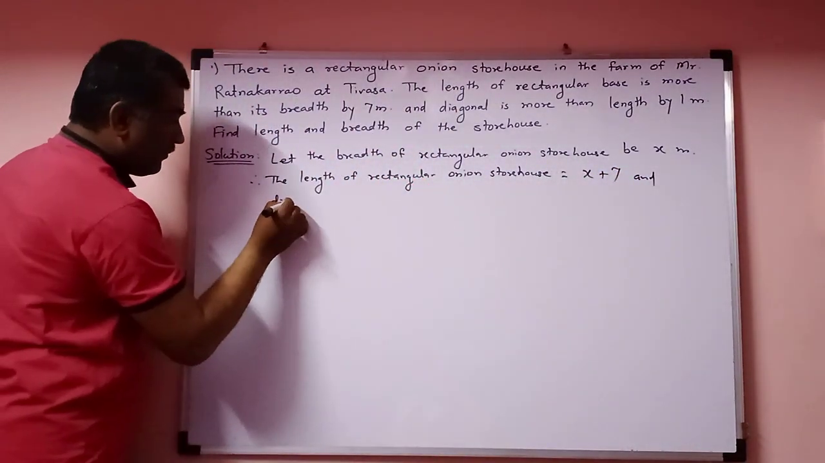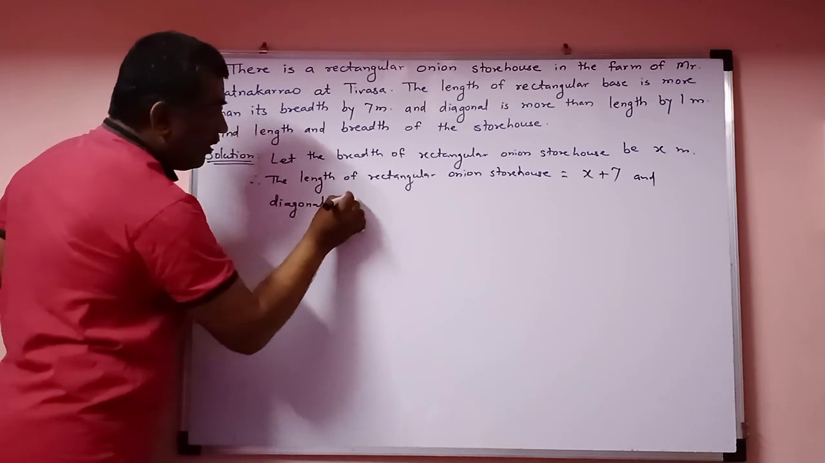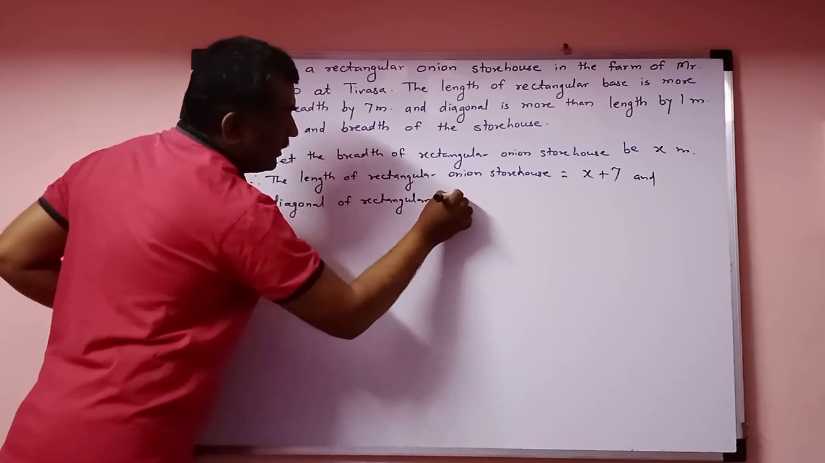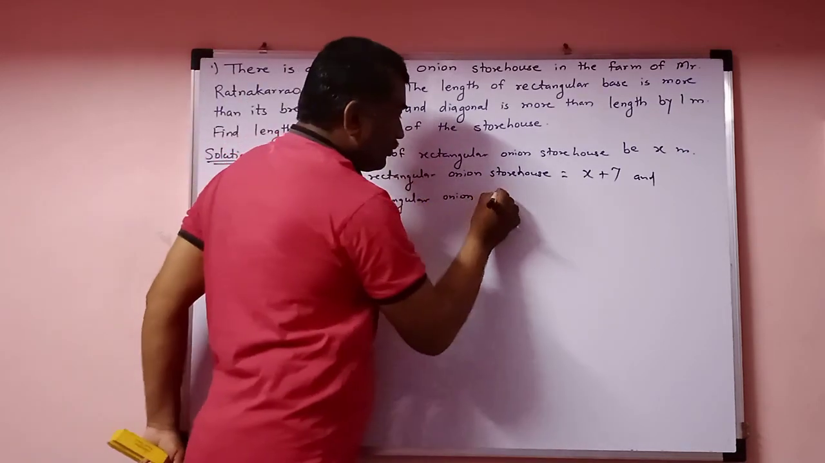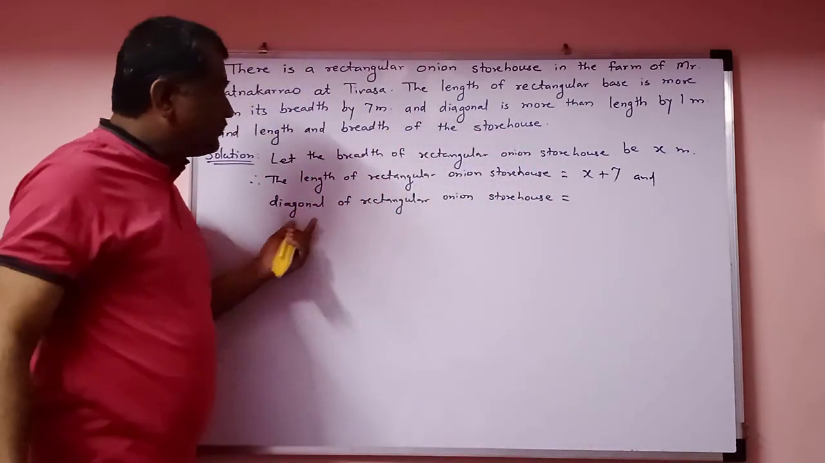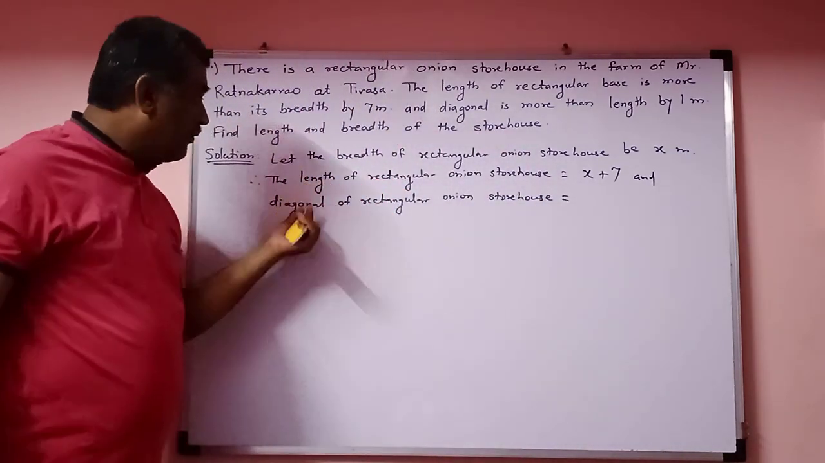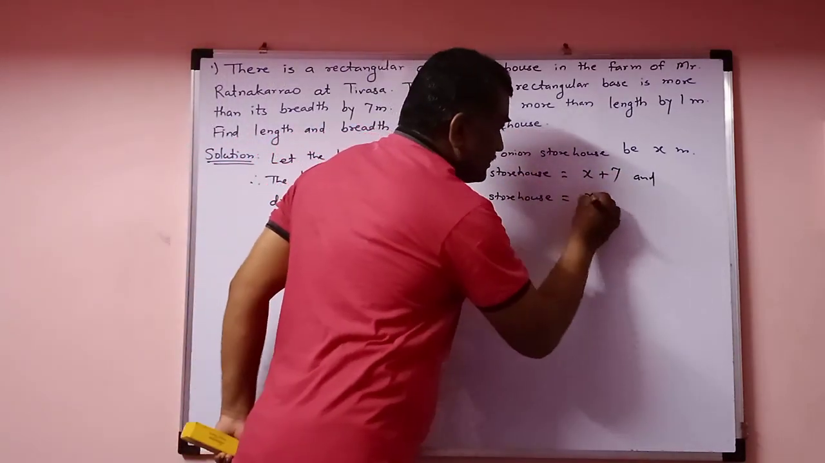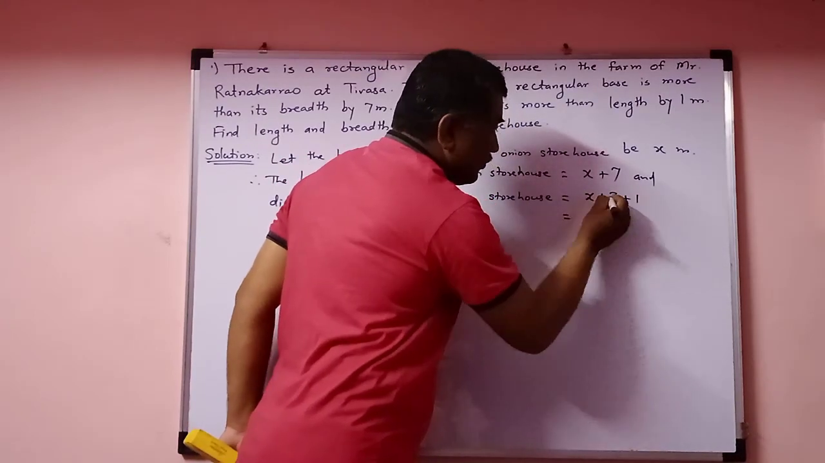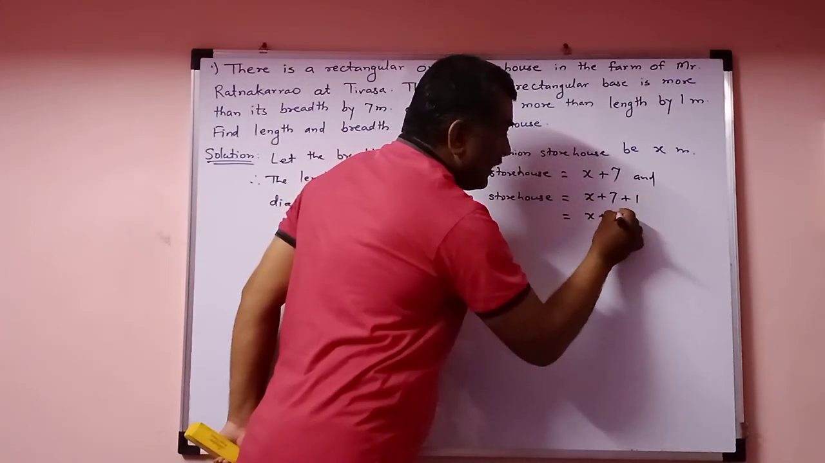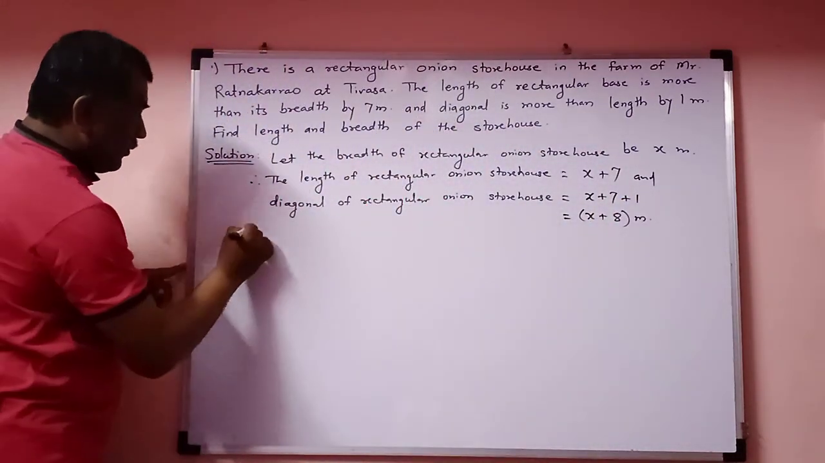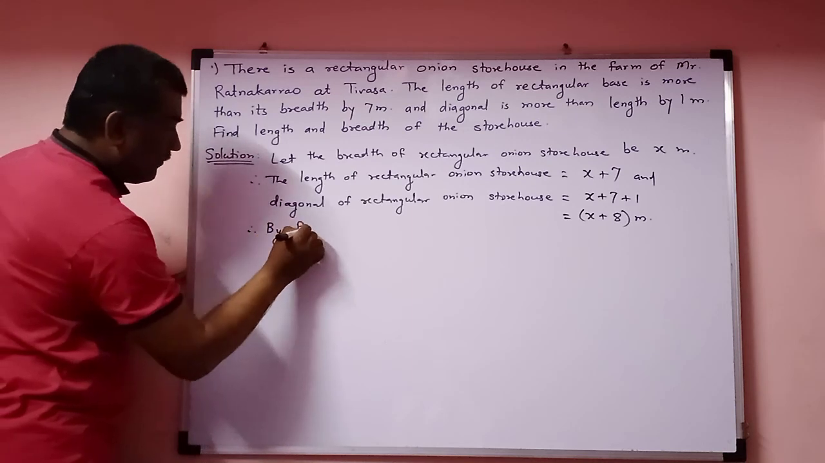diagonal of rectangular onion storehouse is equal to, diagonal is more than length by 1. Length is x plus 7, then more than 1 means plus 1 is equal to x plus 8 meter. Therefore, by Pythagoras theorem,